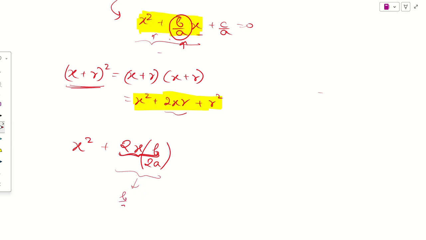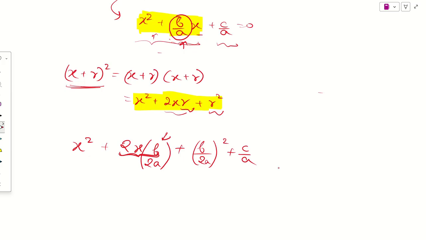From here we can have b upon a x. This is your original middle term, what we are trying to have. And from here you can see that your r value is b upon 2a. So r square will be b upon 2a whole square, and originally we have c upon a from the